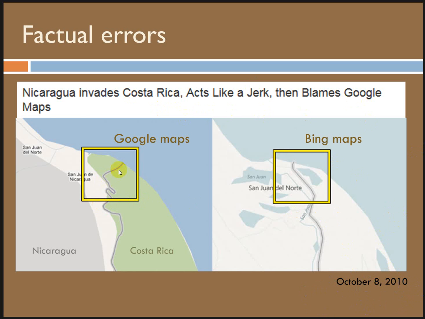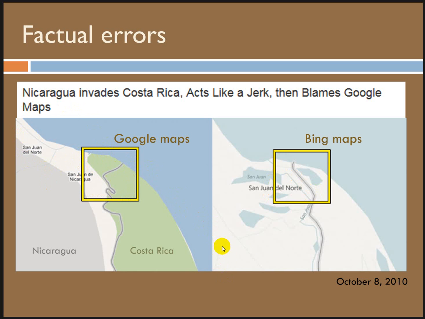Google Maps had the border between the two countries wrong. And the river comes down here, and Nicaragua used it as an excuse to go in and invade, and started dredging the river to actually change it so that they could claim this territory. They wanted this land. Bing Maps had it right, and